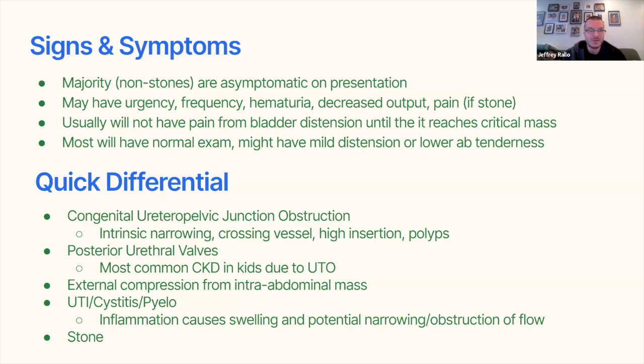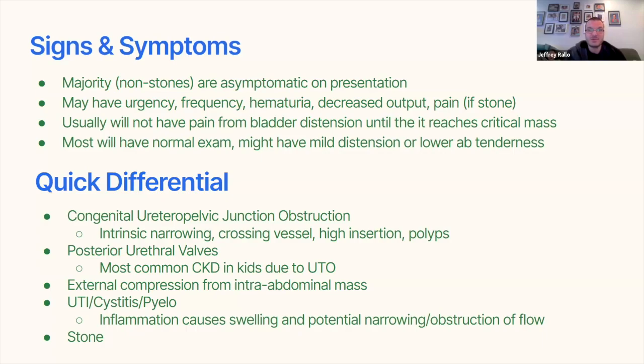So first things in your head, urinary obstruction. Quick differential, right? If you have a baby, usually you can have some sort of congenital obstruction that hasn't been diagnosed yet. The worse the obstruction is, the quicker it's going to present, because a kid can only survive so much with full obstruction renal failure. Posterior urethral valves will go on a little longer, but it is the most common cause of chronic kidney disease in kids due to a urinary obstruction.